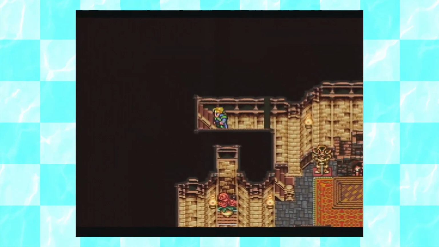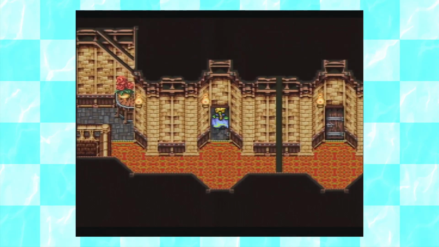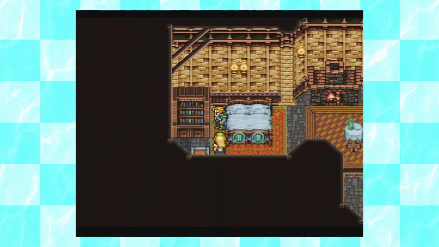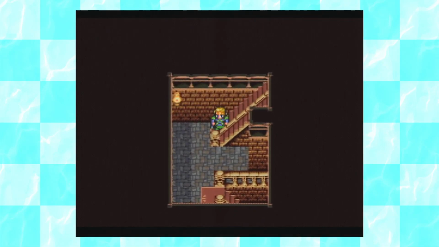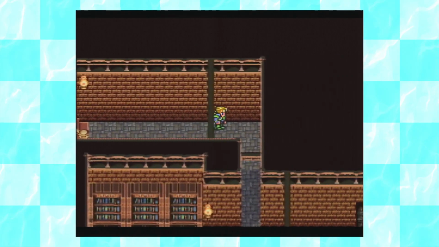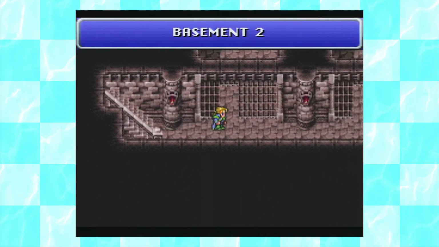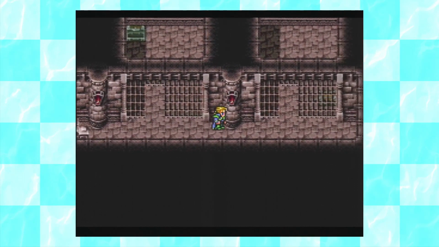Anyway, the real reason I'm in this house is actually something you're supposed to do later, but you can do it right now. Notice how this bookshelf isn't quite against the wall here. It's actually possible to come down here early. And there's another hidden passage I want to show off. Because there's something very important I want to grab here. Not only is it this hyper wrist,